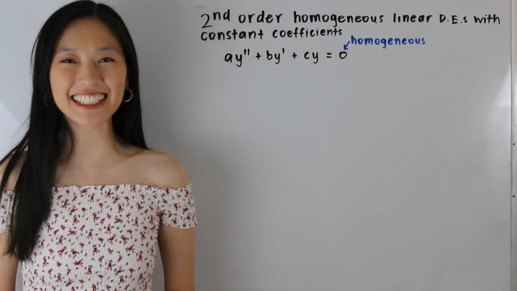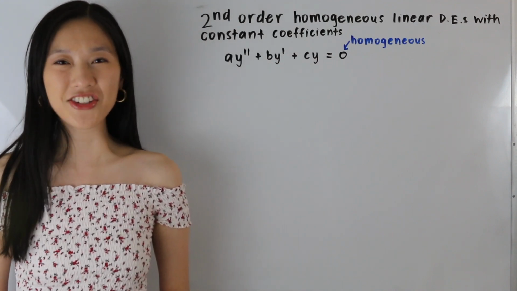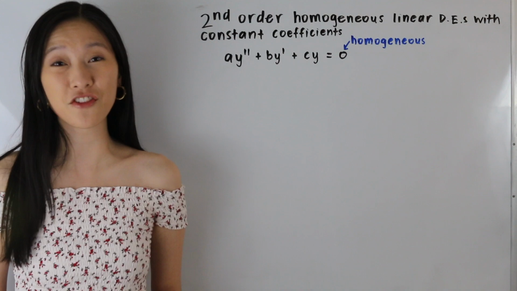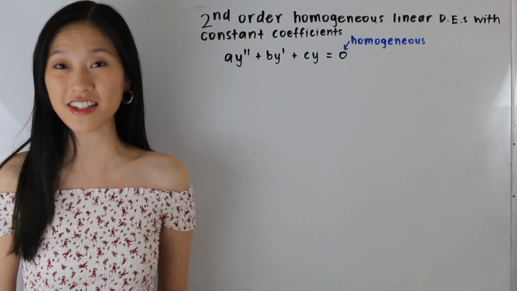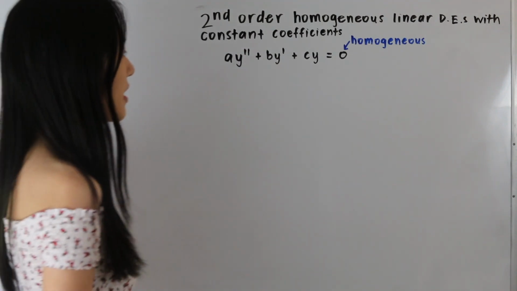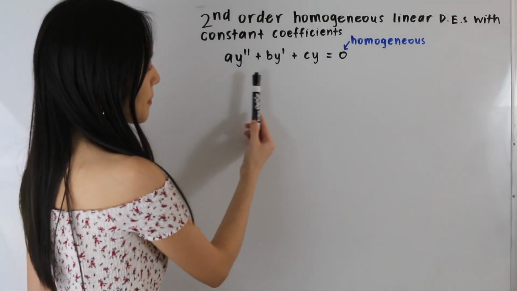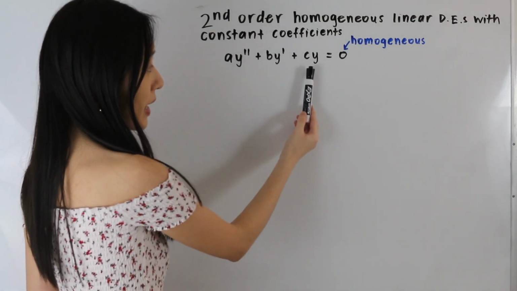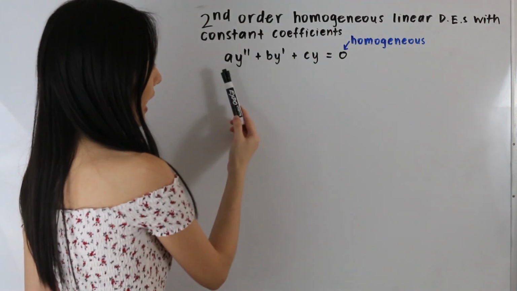Guys, Janine here, and in today's video we are going to be learning how to solve second order homogeneous linear differential equations with constant coefficients. So these kinds of differential equations can be written in the following form. We have ay double prime plus by prime plus cy is equal to 0, and a, b, and c